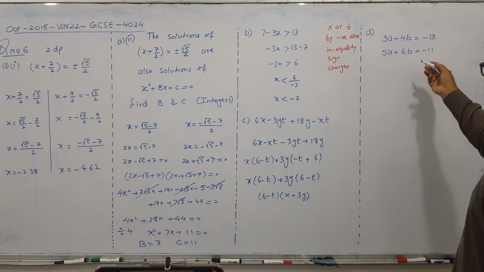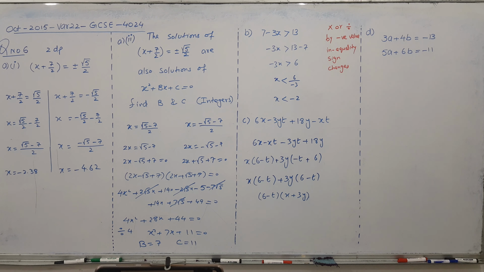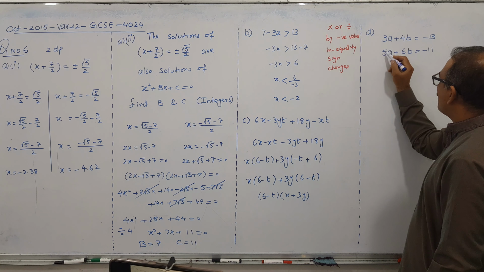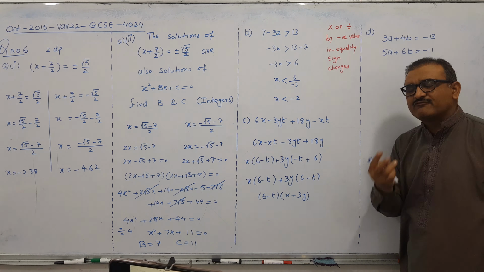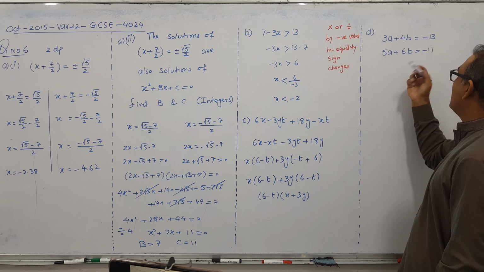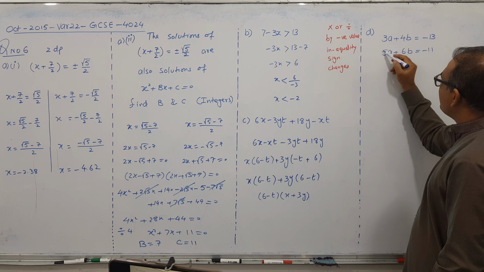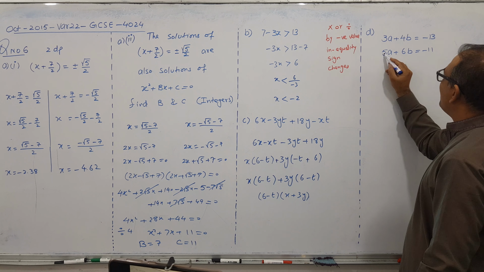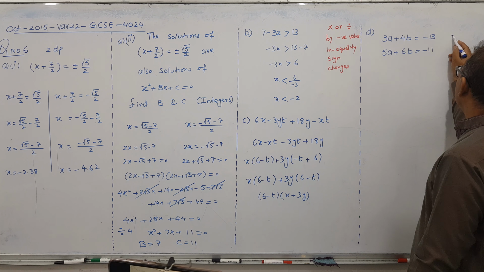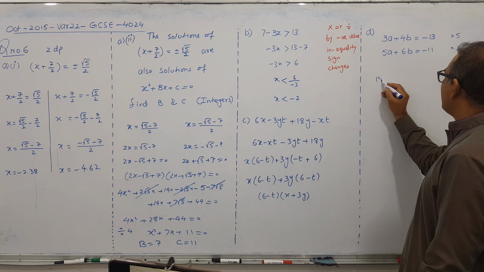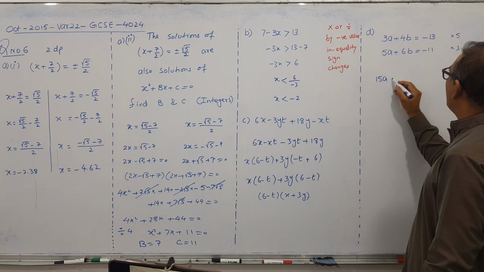Talk about this question. This is a simultaneous equation, you know it. So let's see how we can do this question. There are many ways; we want them equal to each other. I'm going for elimination. We have 2 ways, elimination and substitution, so I'm going for elimination. If we make them equal to each other, I can go for 5 and 3. So this equation into 5 and the lower equation into 3. So 5 into 3, 15. 5 into 4, 20.